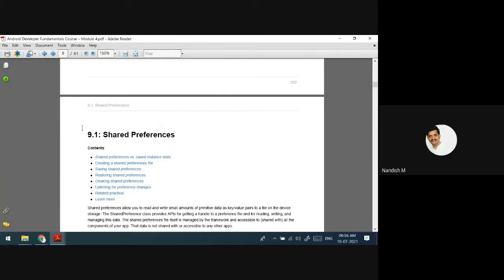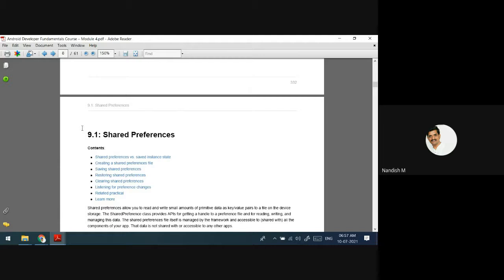See, there is one another way of storing the data. One thing is you are going to use internal storage and external storage, where you are going to store the data and retrieve it. For that, you have to put some permissions in the manifest.xml. Okay, you have another way of storing the data. We are going to discuss so many other ways. One more way is database. Okay, that we are going to discuss next.